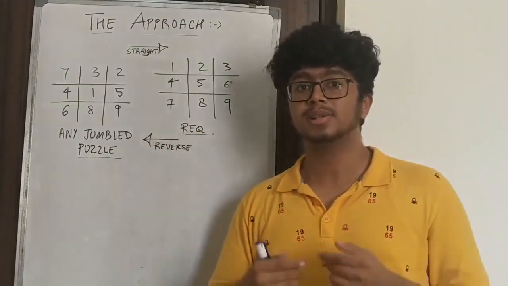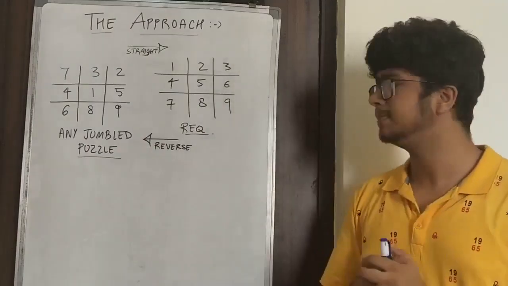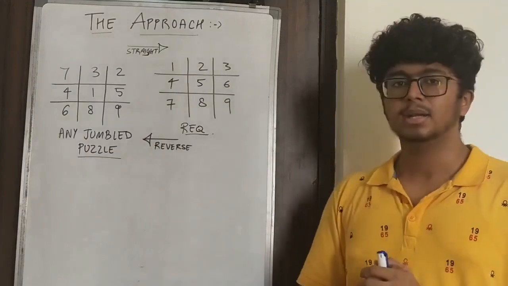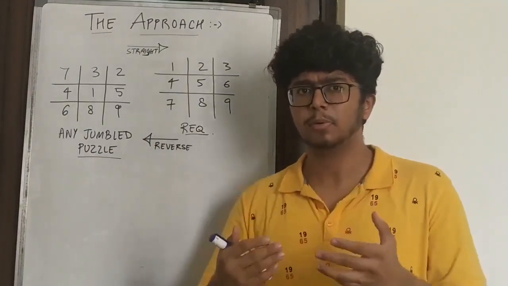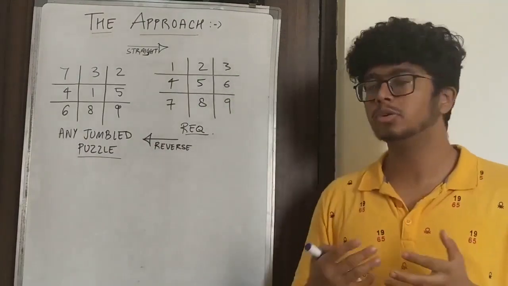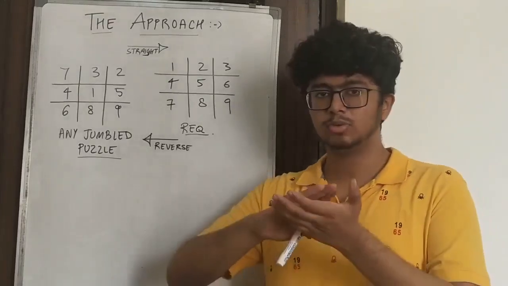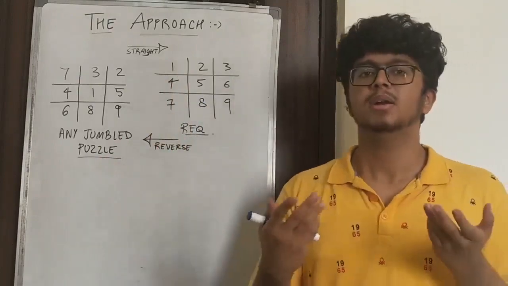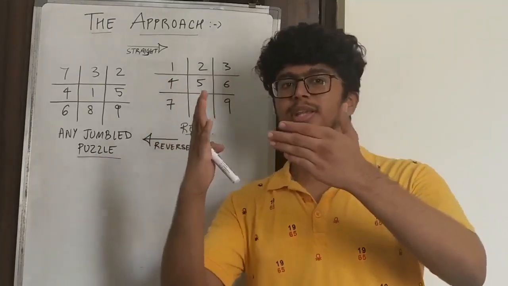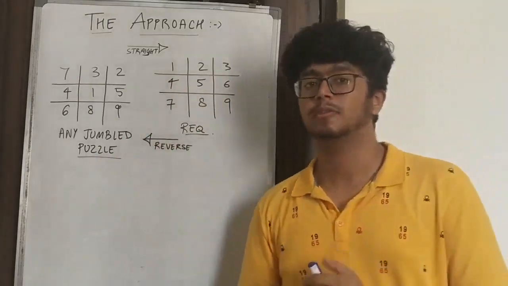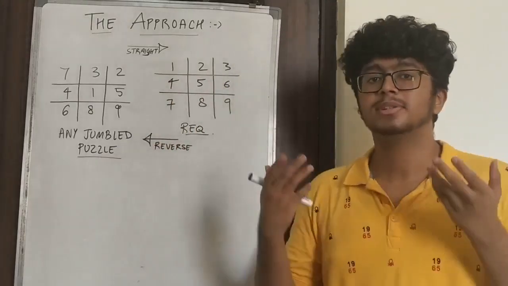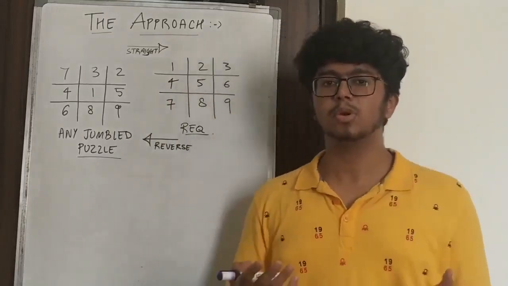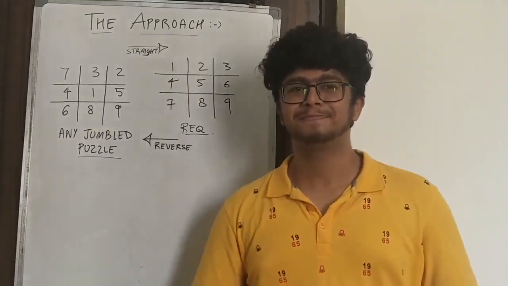The only thing that matters is that I am using the smallest number of steps, right? So this is what we are going to do. When we get our input, let it be any input, we need to scan through our map to find that particular jumbled puzzle, and voila, we will get the corresponding key and value, and that corresponding value is the smallest distance required to solve these puzzles. So this will be our approach for solving this problem.